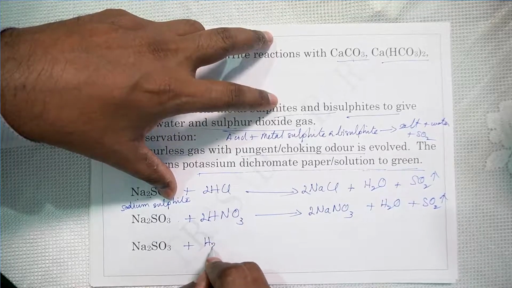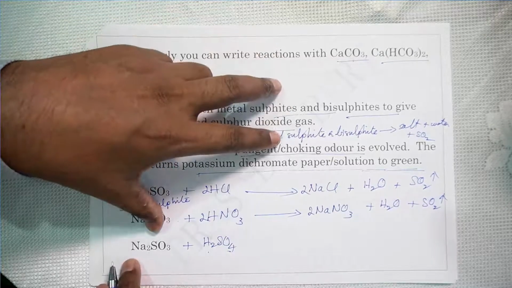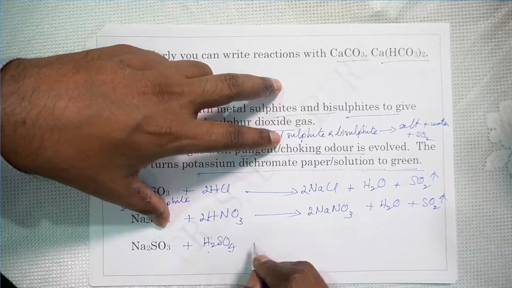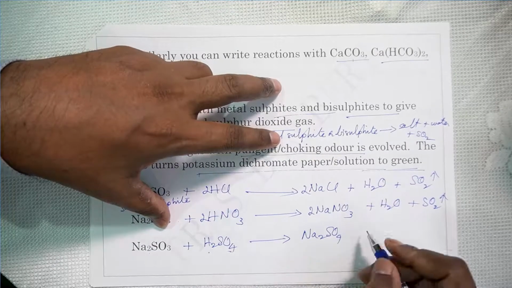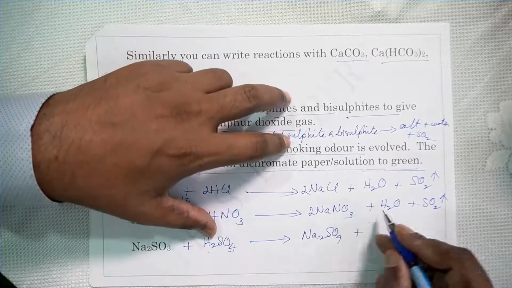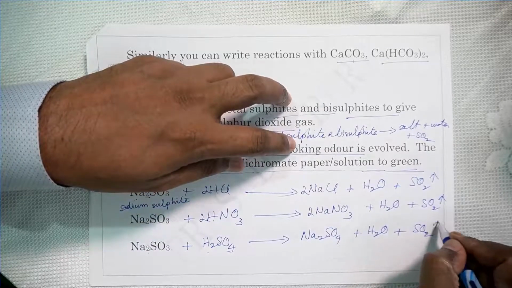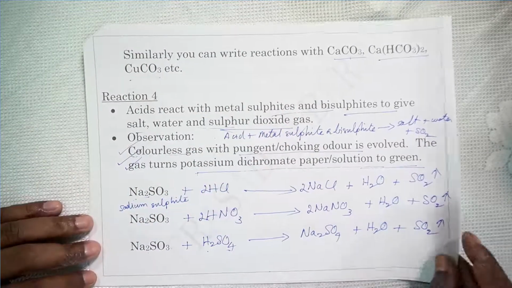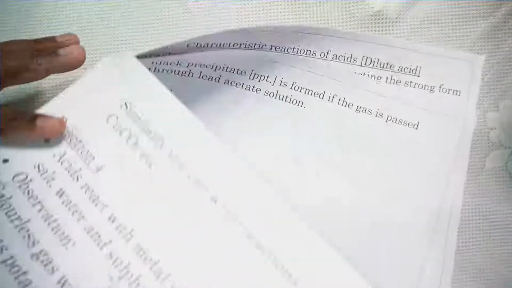Na2SO3 plus H2SO4. Perfect balance, 2 sodiums are there and a dibasic acid. So you get Na2SO4, right? Sodium sulfate plus SO3 is only 1, H2 also 1 H2 group is there, so H2O plus SO2, sulfur dioxide. It's also balanced. Let's take some more examples.